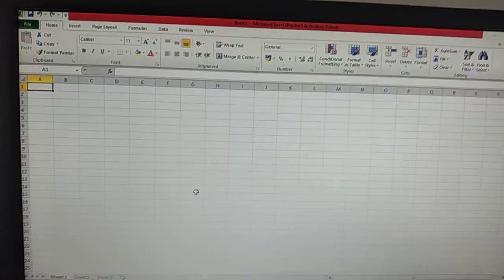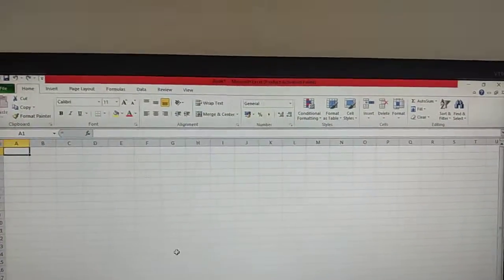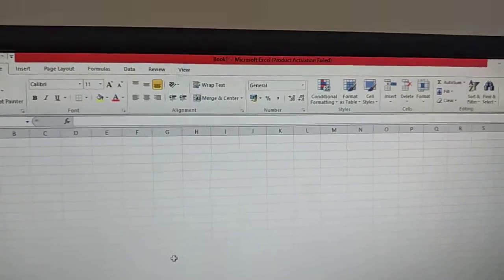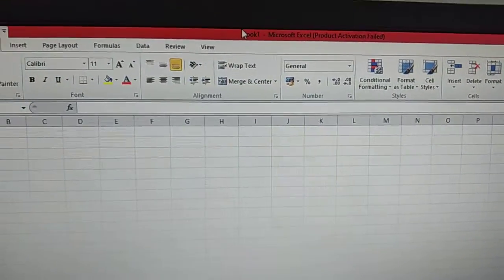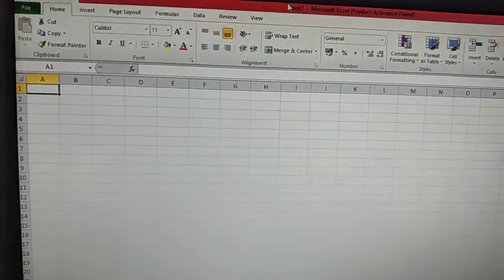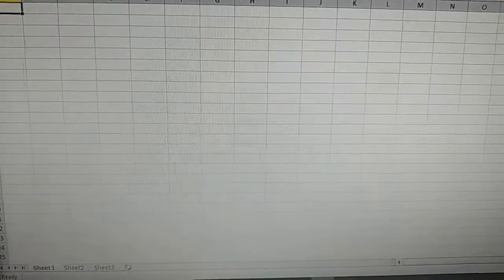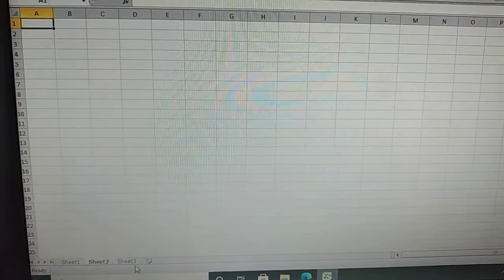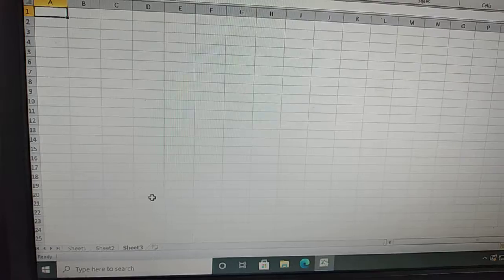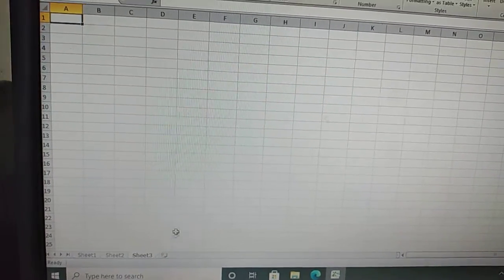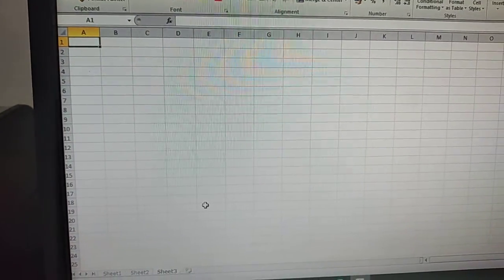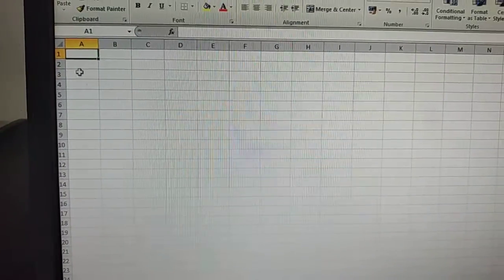What do you call this? This is your spreadsheet. And when you open the Microsoft Excel, an empty workbook opens and the name of the workbook is book 1. So this is your workbook and it is also known as a spreadsheet. By default, when you open the Excel, there are 3 sheets: sheet 1, sheet 2 and sheet 3. I have already told you that workbook contains 3 worksheets, and this is your row.